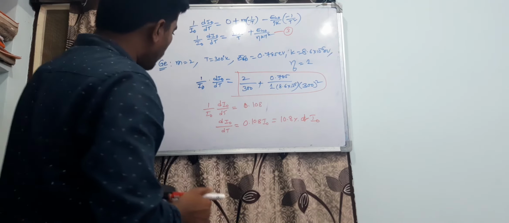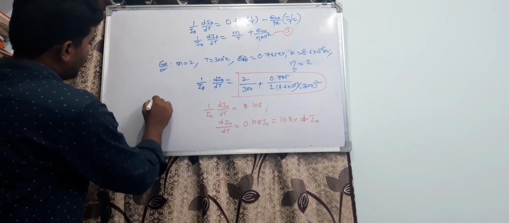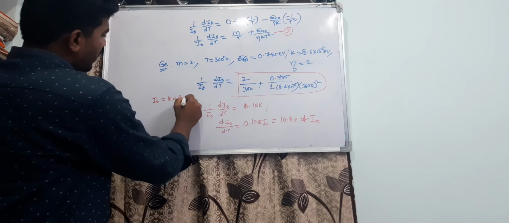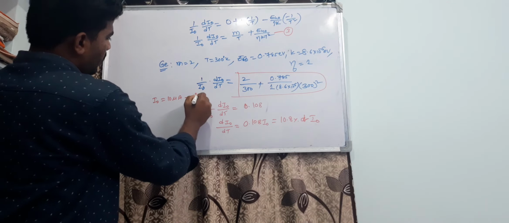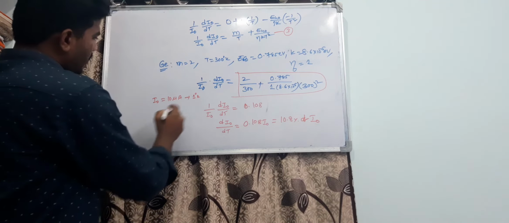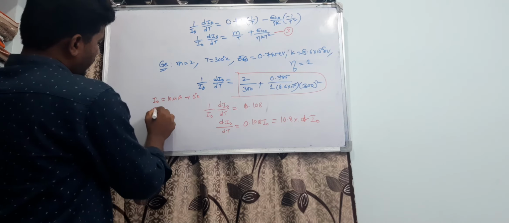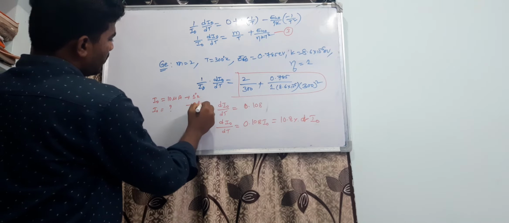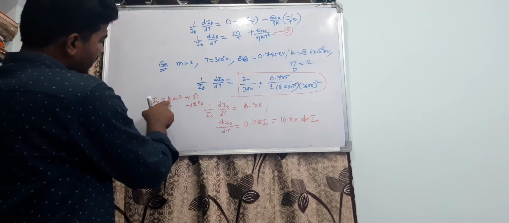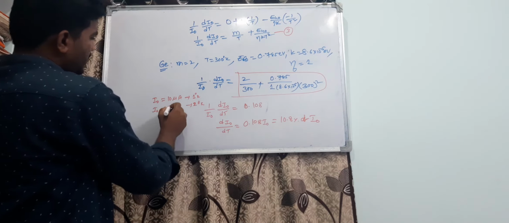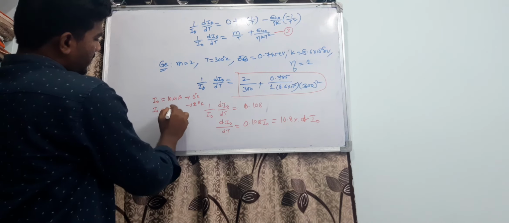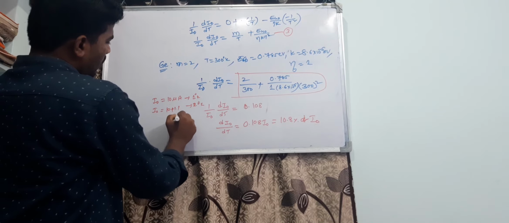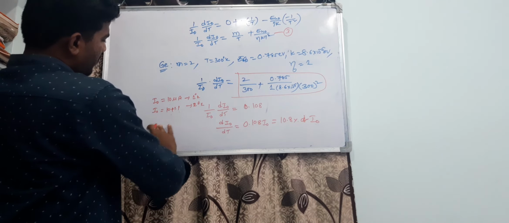For example, assume I0 is equal to 10 microamps at a 1 degree rise in temperature, or 1 degree Kelvin. If the temperature is increased by 1 degree Kelvin, what happens? I0 is 10 microamps. So 10% change means 1, and 11% change means 1.1. So 10 plus 1.1, which is equal to 11.1. This value becomes 11.1.